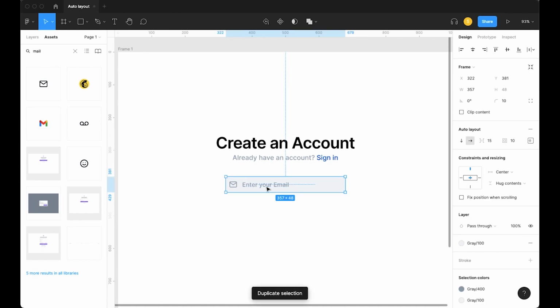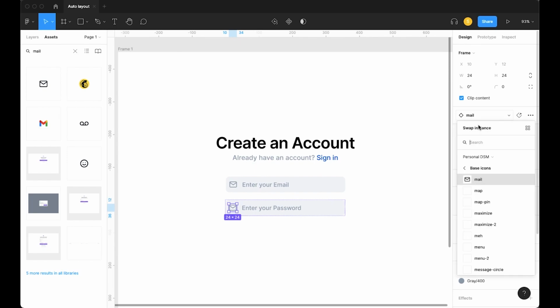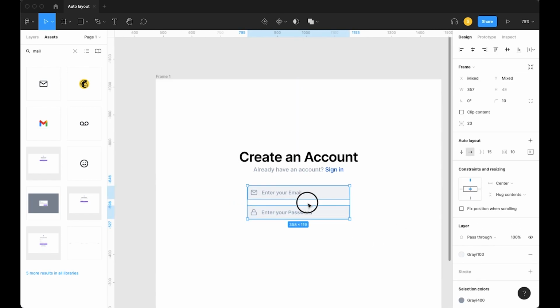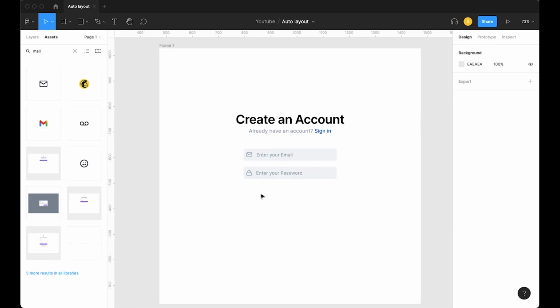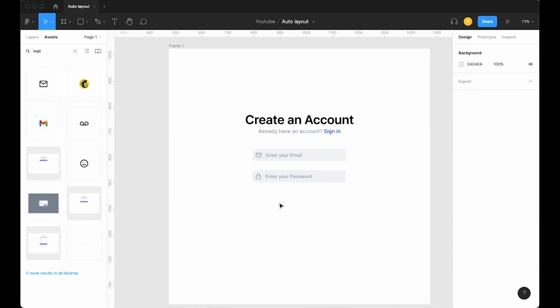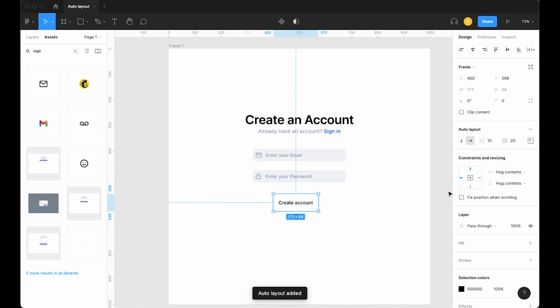Again, just do the same, copy it again down. Going to change the text as enter your password, right? And now I want to add a button here for signing up. Again, just add text, and then Shift A, adjust the paddings,